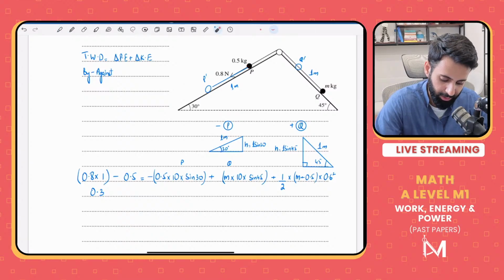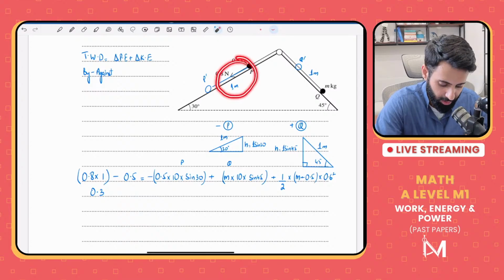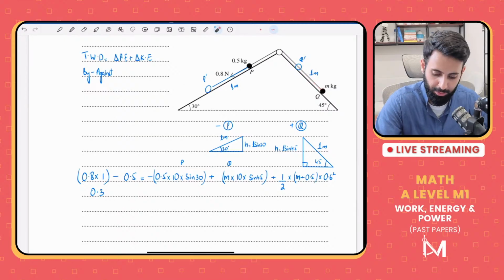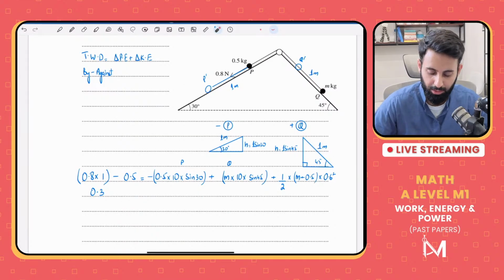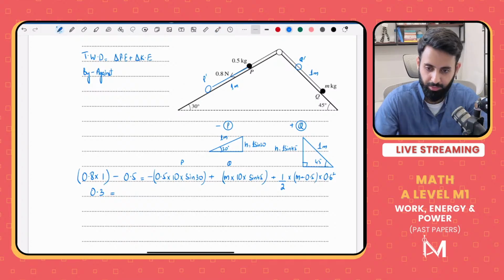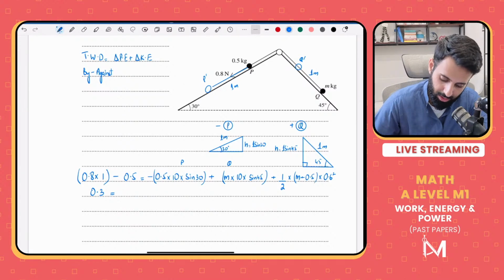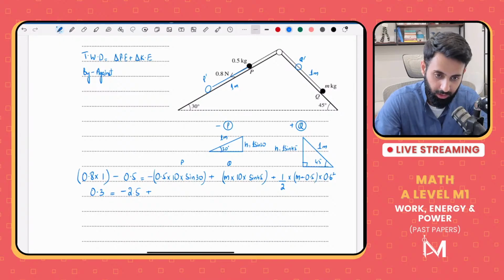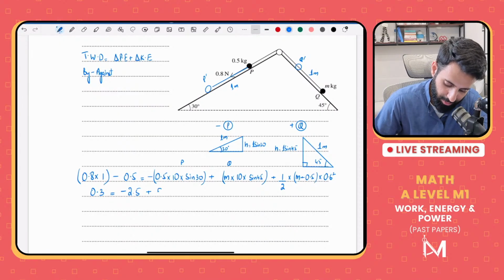So if you were to consider the work done by tension for P, that would be T into 1 on one side. And then if you were to consider the work done by tension for Q, that would be T into 1 on the other side, and they will cancel out each other. So 0.3 is equal to, let's see, what do we have here? Minus 0.5 into 10 into sine 30. So that's minus 2.5 plus, so 10 into sine 45, that's 5 under root 2 m,